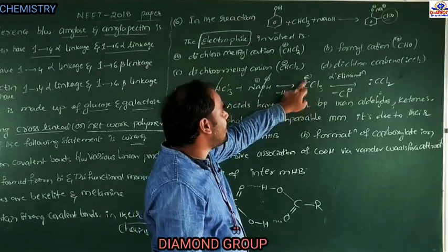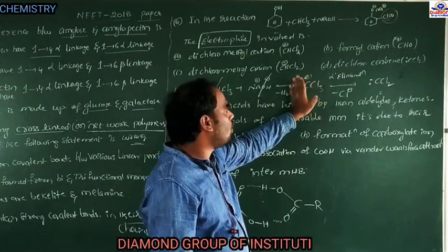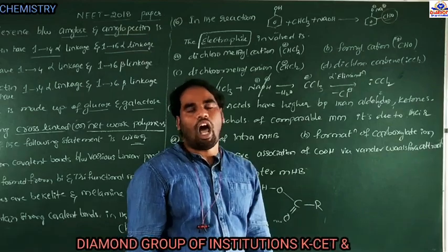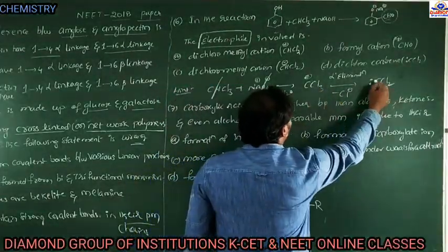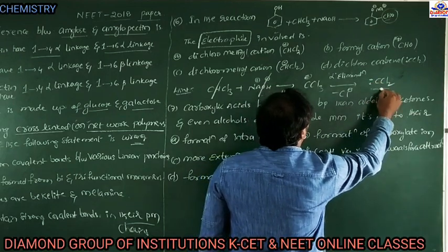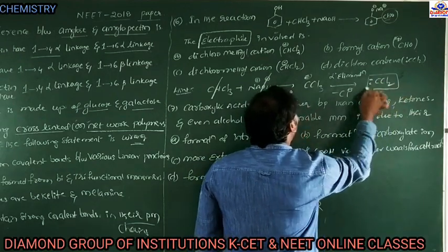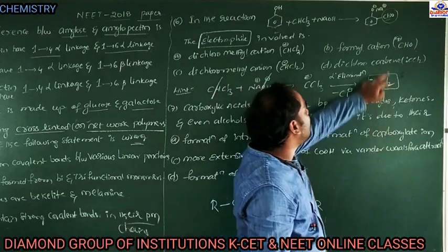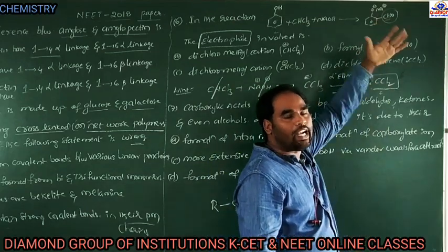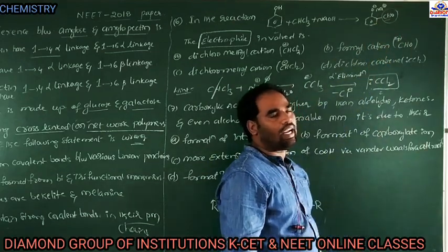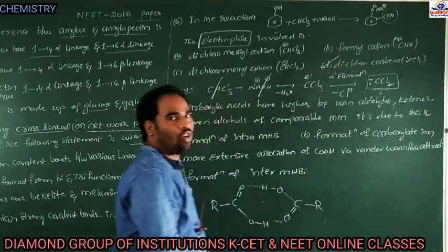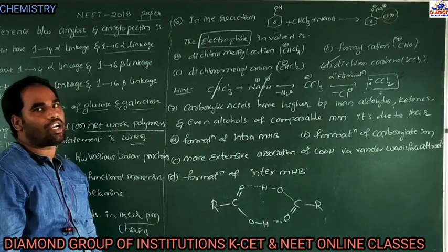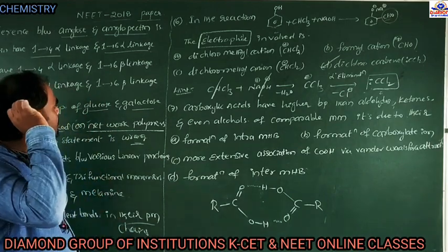Here the carbon contains a negative charge and 3 chlorides. From these 3 chlorides, 1 chloride is eliminated. That is called alpha elimination. So if 1 chloride is eliminated, here CCl2 with 2 electrons, so dichlorocarbene. This dichlorocarbene is substituted at the ortho position, and by hydrolysis that gives the aldehyde. So therefore dichlorocarbene is the electrophile in this Reimer-Tiemann reaction. Next, D is the answer.